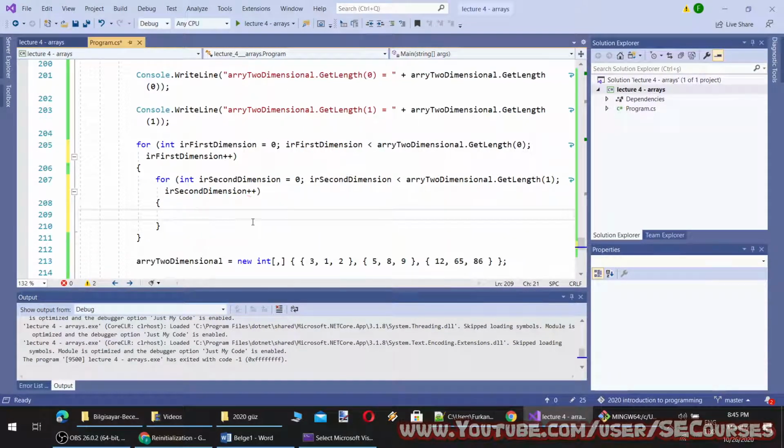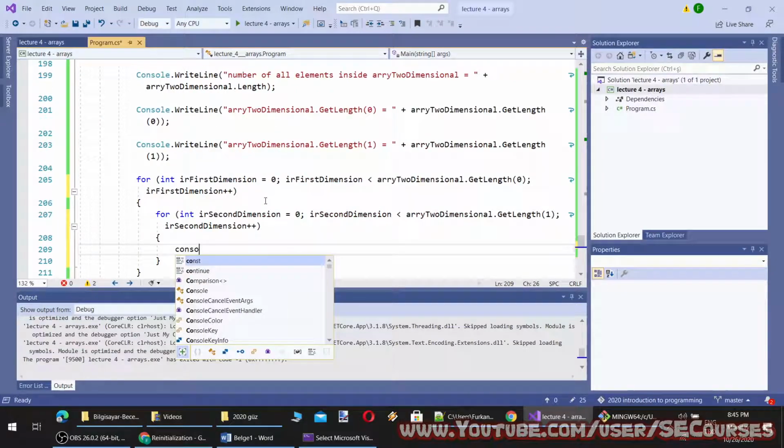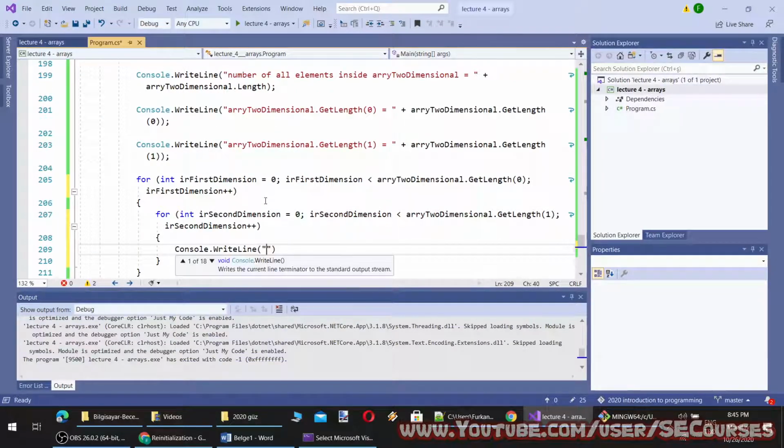Okay, console write line, and I'm going to use a dollar sign this time for the first dimension. Or let's make it like this to make it understandable better.